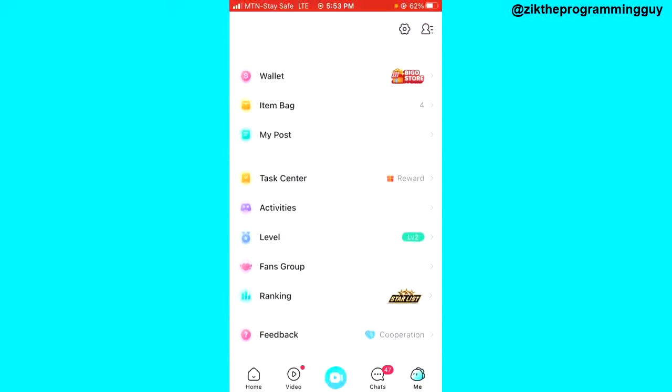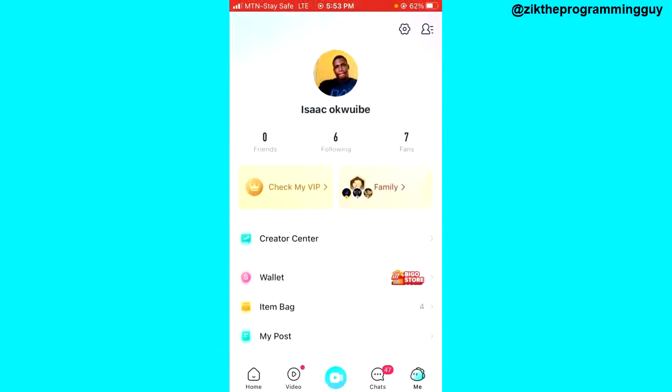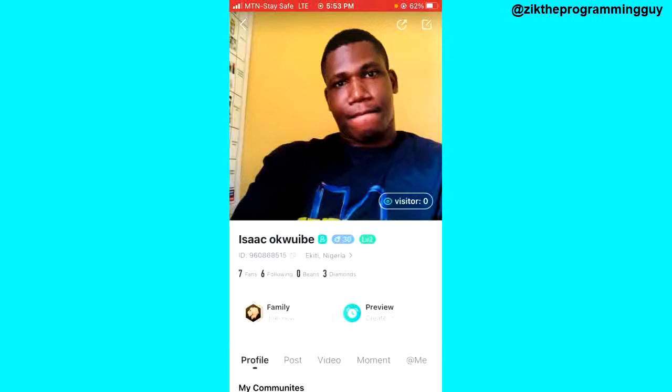Then you see all these options right here. But if you look at the top right corner of your screen, you'll notice these two icons. Click on the person icon, and then you will still notice these two icons at the top of your screen. Go ahead and click on the second one,